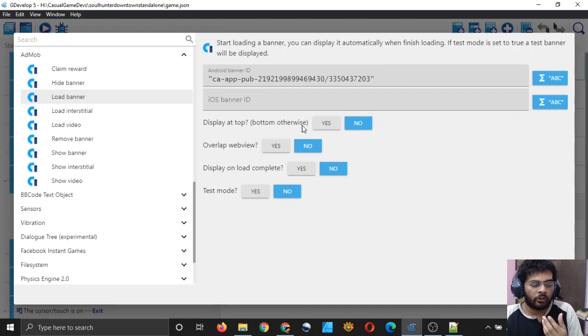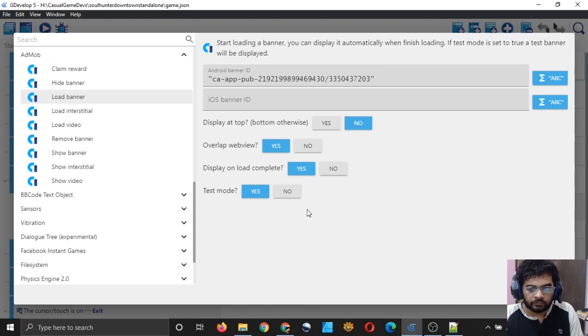I want to display at bottom only. Overlap web view. We are using web view, but select yes. Display on load complete yes. Test mode yes. So right now we are having test mode, right? So click on OK.